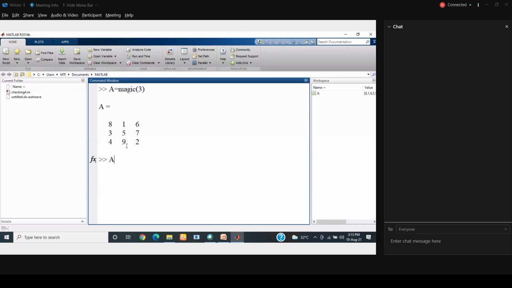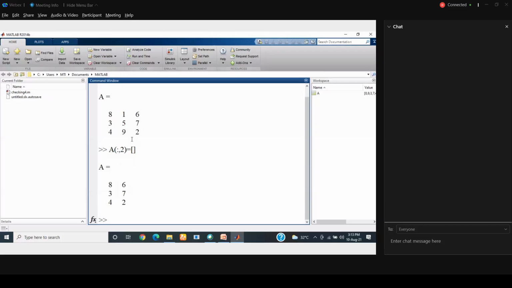So let's say B is equal to A of entire rows of my second column, equal to null matrix. So this is the answer I will get. Entire column has been wiped out.